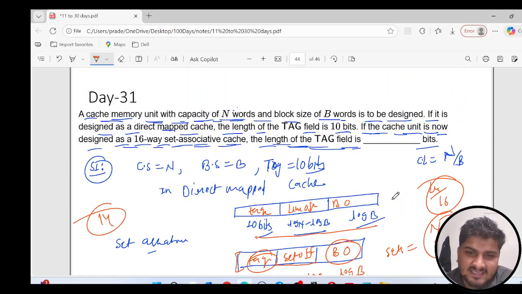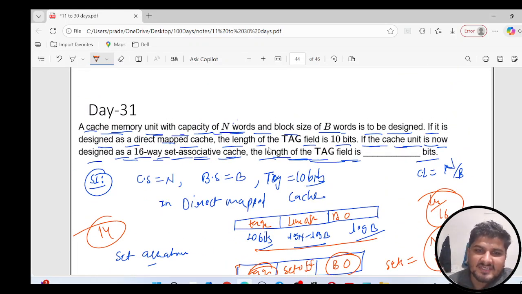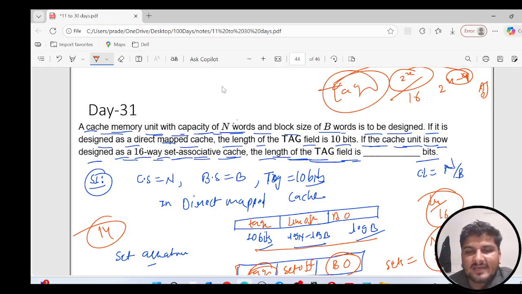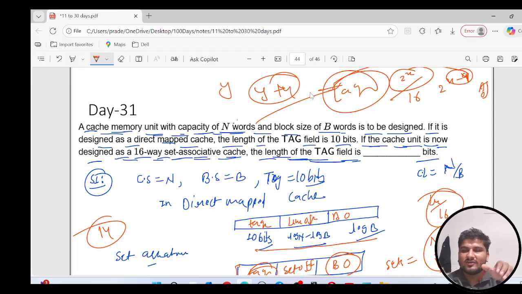और यहाँ पे पेन उठाने की जरूरत भी नहीं थी वैसे, अगर मैंने सॉल्व कर दिया दैट इज गुड थिंग। कैसे प्रूफ है ये आपको सिंपली बताना चाहिए कि अगर हमारे पास लाइन पहले मान लो 2 पावर x थी, अब हमारे पास लाइंस कितनी बचेगी? ब्लॉक ऑफसेट के लिए 16 से डिवाइड किया तो 2 पावर x माइनस 4, और ये x माइनस 4 जो माइनस हुआ है, ये 4 कहाँ गया है? टैग वाले पार्ट में गया है। तो टैग पहले अगर मेरा 22 था तो अब 22 प्लस 4 हो जाएगा। दैट इज अ लॉजिक दैट यू हैव टू रिमेंबर।